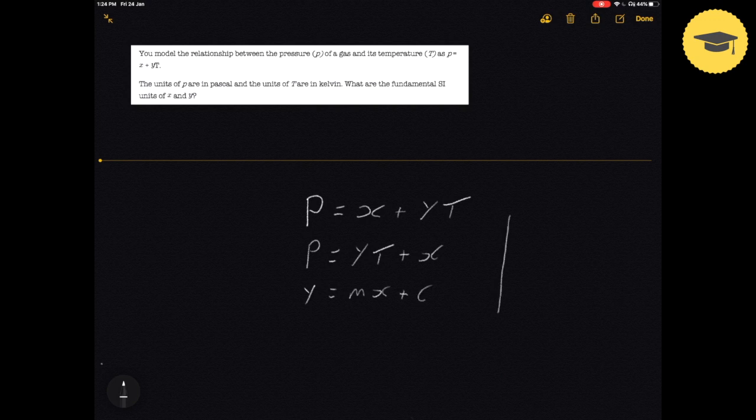So let's imagine now that we've plotted that function. So we've plotted P against T, and as expected that gives us a straight line. Now for our